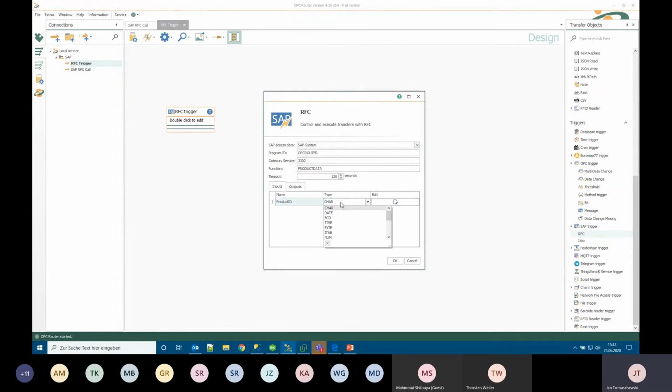But I can also have structures that consist of different data fields. And I can have whole tables. So whenever they call my function to trigger me, they can at the same time send me data. They can also send me a whole table, for example, for production data. And you would receive that data and then do whatever with it, store it to a database or whatever with OPC Router. So this is a very helpful